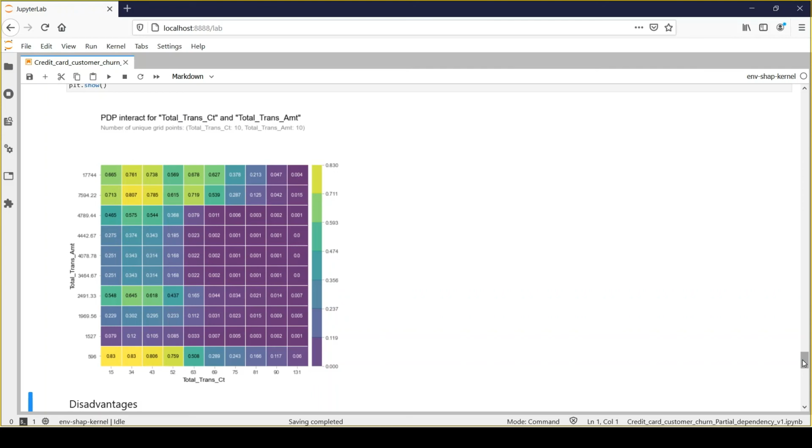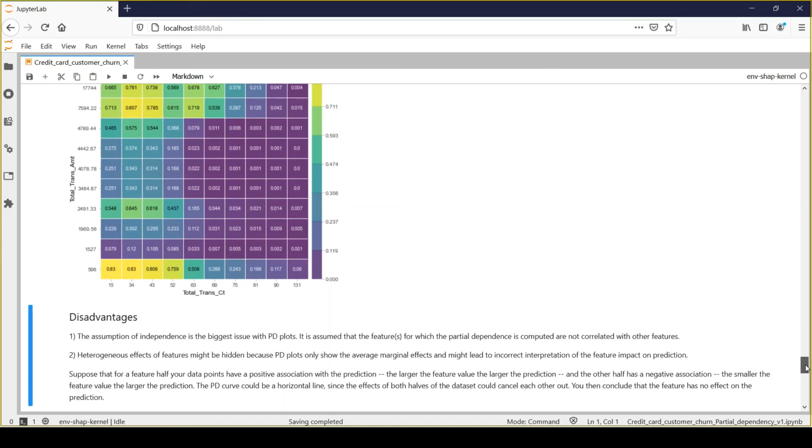But at the same time, it also has several disadvantages, and it makes a very strong assumption about the independence of the features, right? So that's one of the major disadvantages of using partial dependency plot, because it assumes that all the feature values which are computed for the partial dependency plot are not correlated with each other, right?